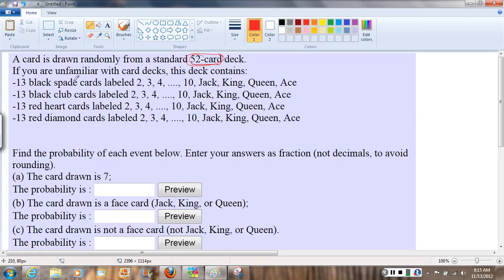And if we read through, it'll describe what those 52 cards are composed of: 13 of each suit, spades, clubs, hearts, and diamonds. 2 of those suits are black, 2 are red, and here's the specific cards in each color and suit. So the first thing they ask us is, what's the probability that the card drawn is a 7? So to calculate this, the probability that we draw a 7,